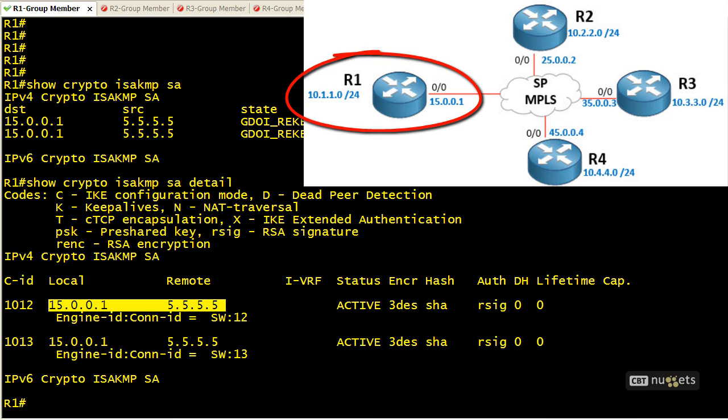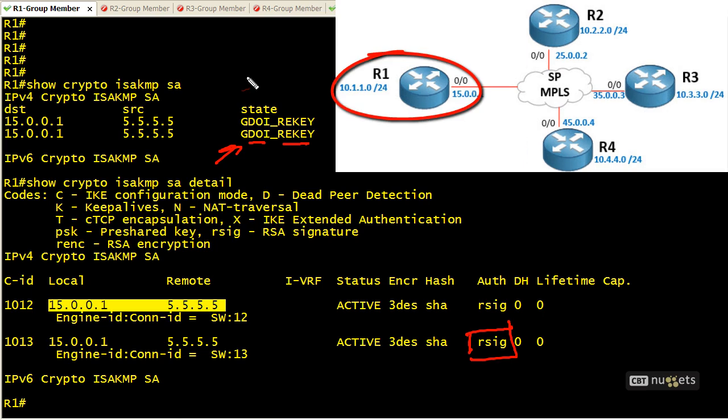Now, I want to point out something interesting. This GDOI rekey implies that this is the SA being rekeyed. And take a look at the authentication, it's RSIG. Now initially, when R1 registered with the key server, it was using pre-shared keys. And initially on R1, if we did a show crypto ISAKMP SA, it would show GDOI idle as the state, meaning it's done its work, it did the registration, got the policy it needed,